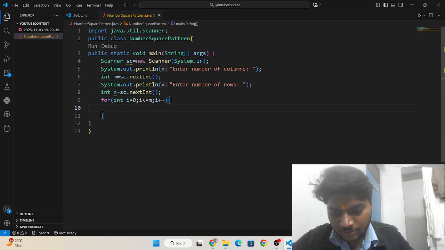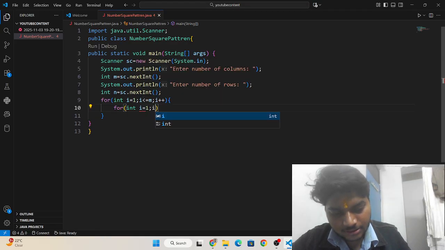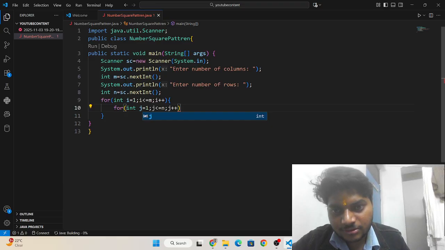and then I need to write a for loop for int j equals 0. I need to start from 1 because I have to take j less than or equal to n and j plus plus, and here it should be j also, i is not there.